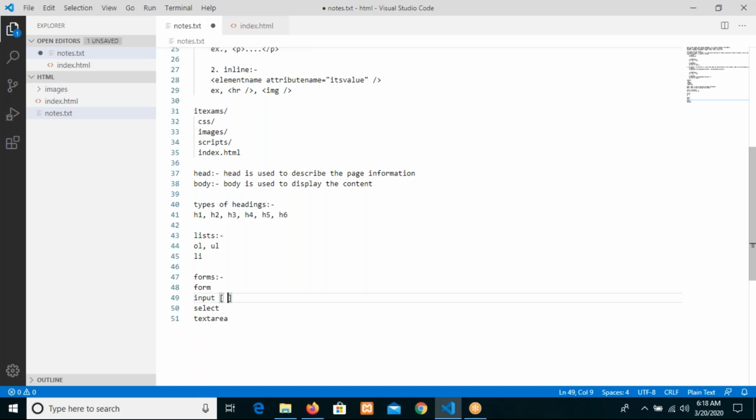In the input, there are different types of fields. What are those? Text, email, password,